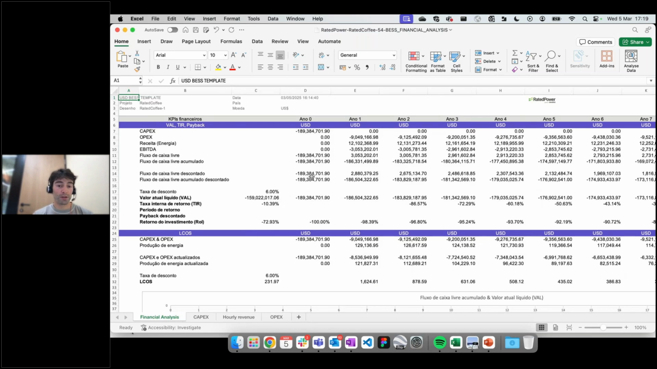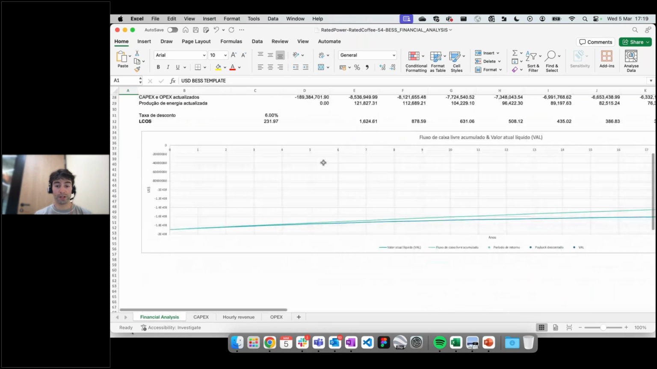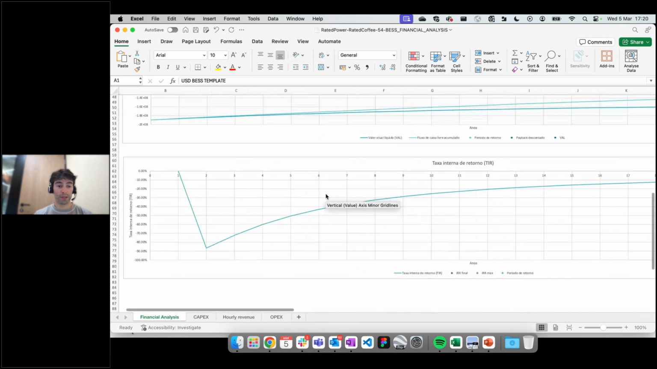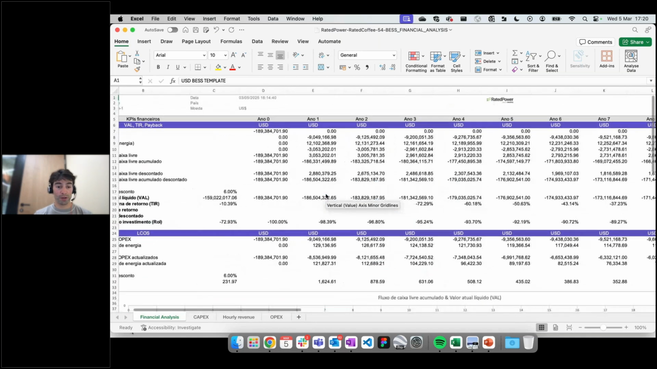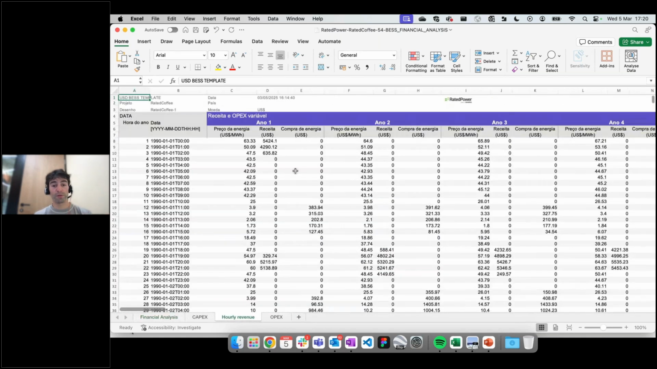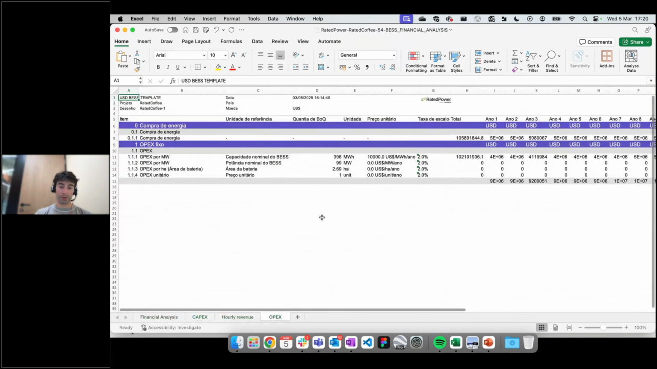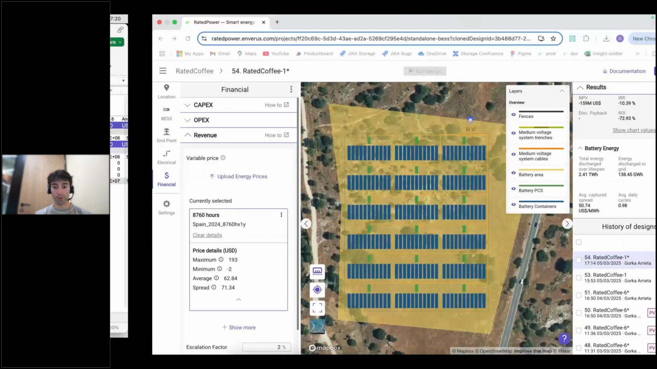But you can see here the revenue, capex and opex, and all the different figures. You can see some plots here, some graphs to analyze everything. You have also the hourly revenue, if you want to check it out, with the revenues and the expenses, and also the capex and opex. Right. So now let's go